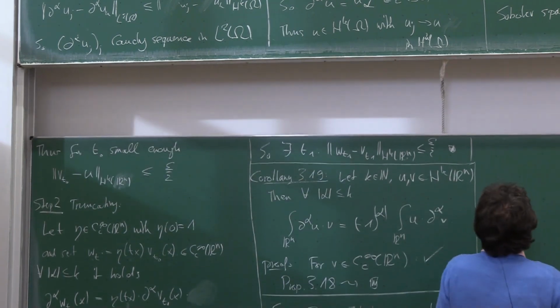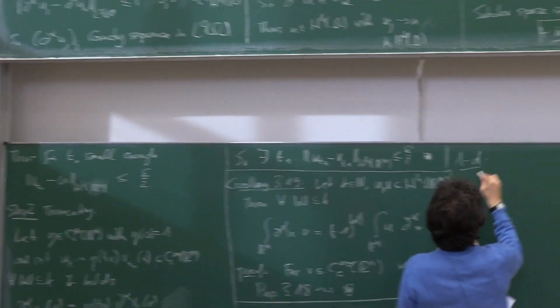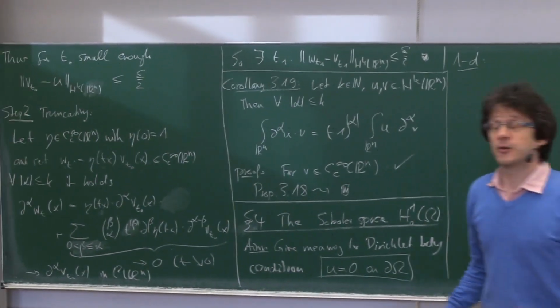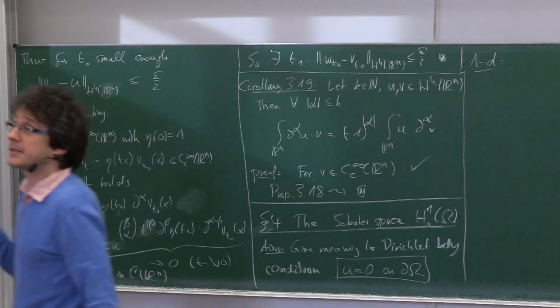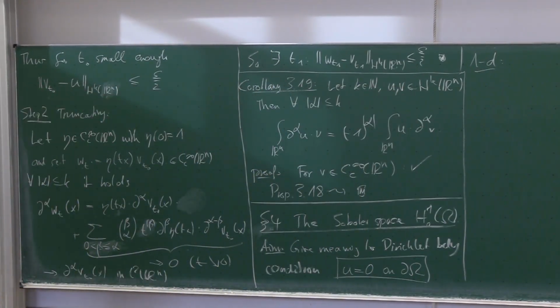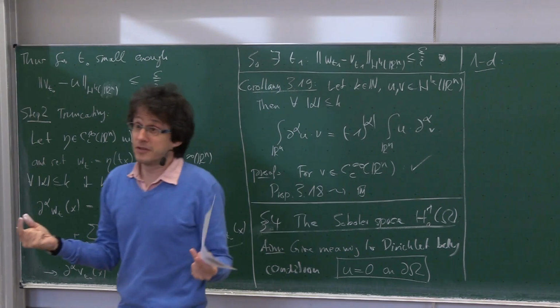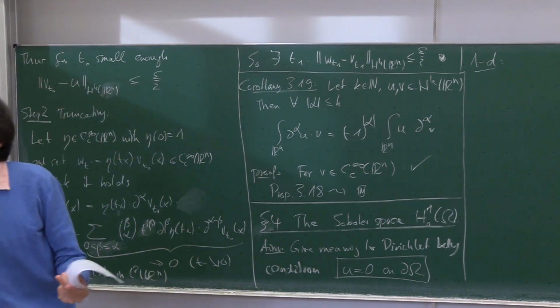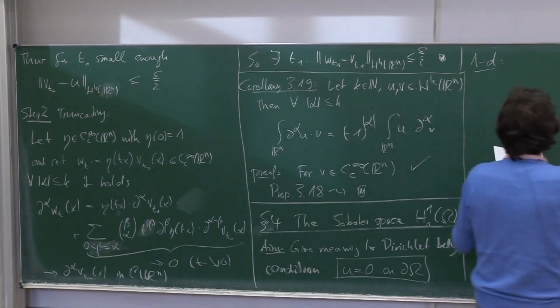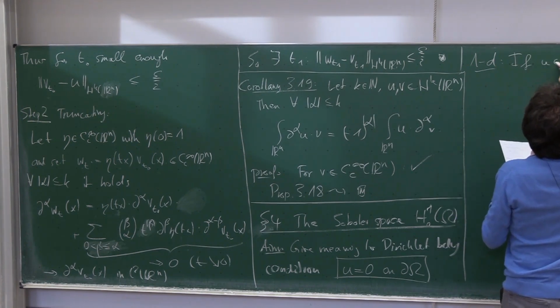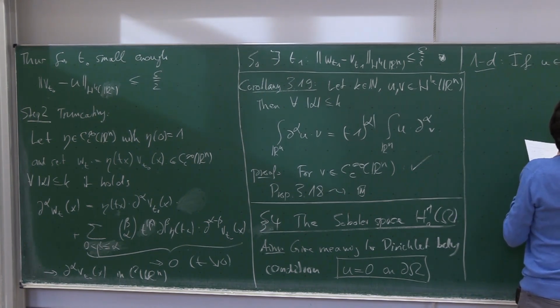There is one case where this works, and this is the one-dimensional case. Because we saw in the last lecture that every function in H1 of an interval in one dimension has a continuous representative, and this representative is continuous up to the boundary. And for this continuous representative, you have boundary values, and you can decide if they are 0 or not. So there, everything is okay. So if you have a u in H1 of some open interval (a,b),